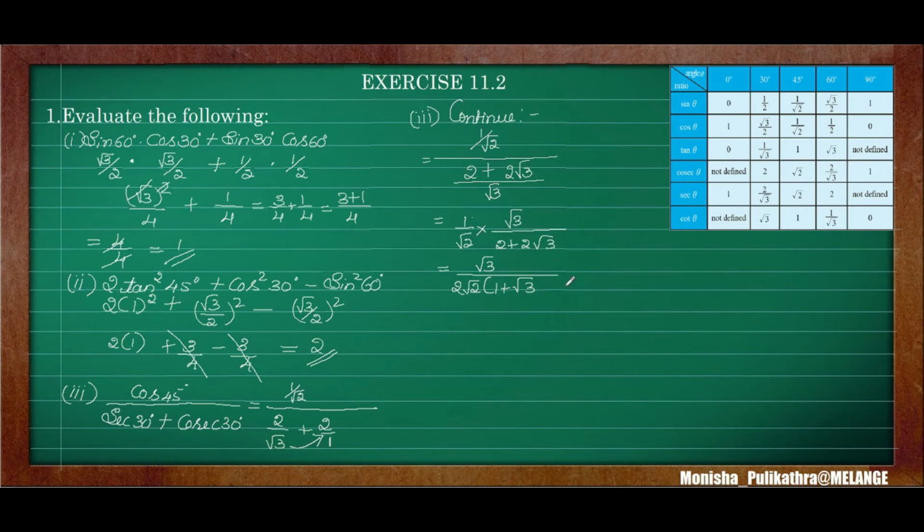you can take the rationalization of this denominator. Rationalization you might have heard in 9th standard. Okay. So rationalization means whatever the denominator comes, you have to multiply and divide it by the negative term of it. Okay. Here the remaining is 1 plus root 3. So if there is 1 plus root 3, by rationalizing, I will be writing it here once again.